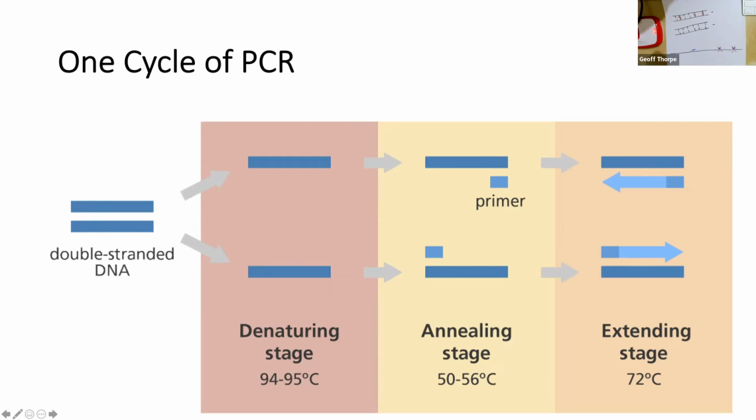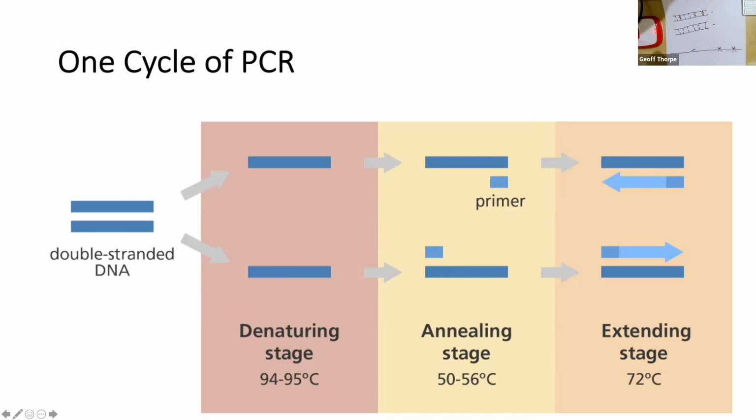Then we're going to cool it down to the highest possible temperature where our primers will only bind to that one spot in the DNA where we want them to go. And that's often going to be in the range of like 50 to 56 degrees. So our primers are going to join up in the one spot we want. Then we'll go to 72 degrees, which is where our DNA polymerase works well, and we're going to then synthesize